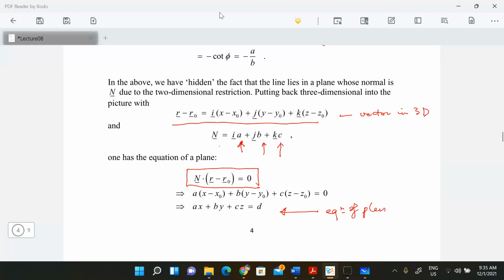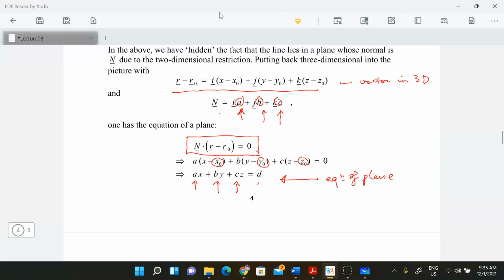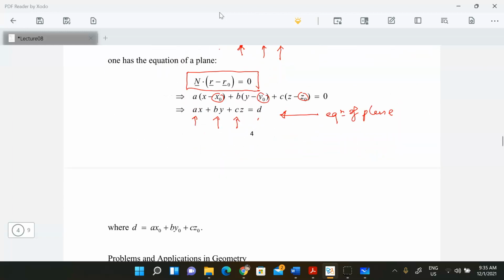So here you can see your normal, parameterize your equation of the plane here. And what is this d coming from? The d is coming from your x naught, y naught, and z naught multiplying the a, b, and c. In fact, you can calculate it out to be that. Okay, so that's essentially how you'll be able to use what we know in the previous case to generalize it